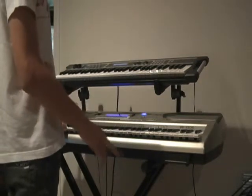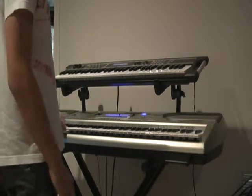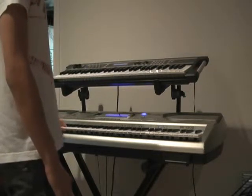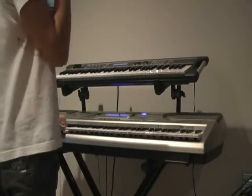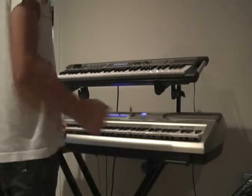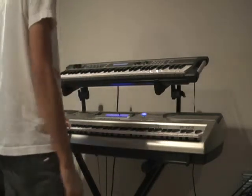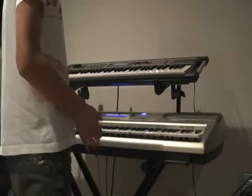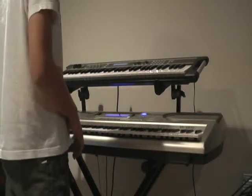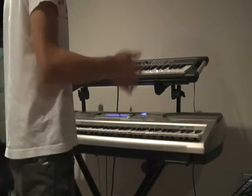You play 5 chords most of the time, so it's G5 for one measure, and then F5 for one measure. You do that twice, so it's 1, 2, 3, 4, 1, 2, 3, 4. And then it goes to the same chord, except you add an extra octave with your thumb, so it starts out like,